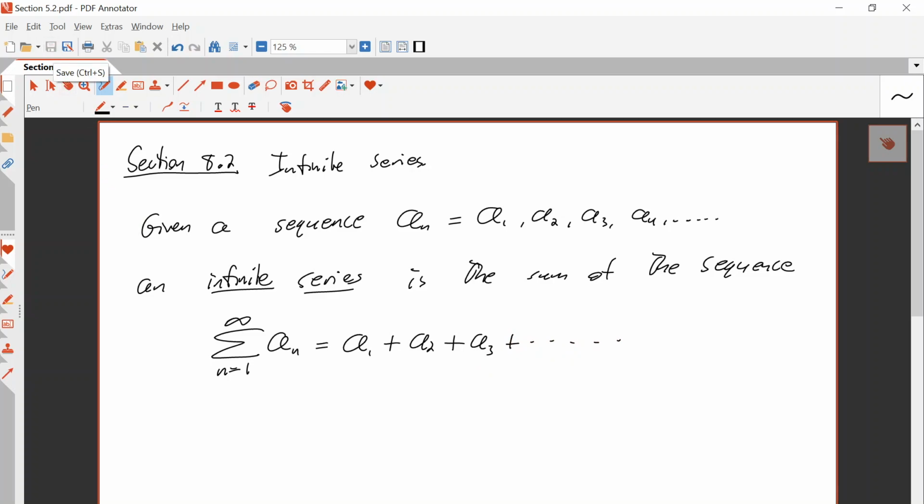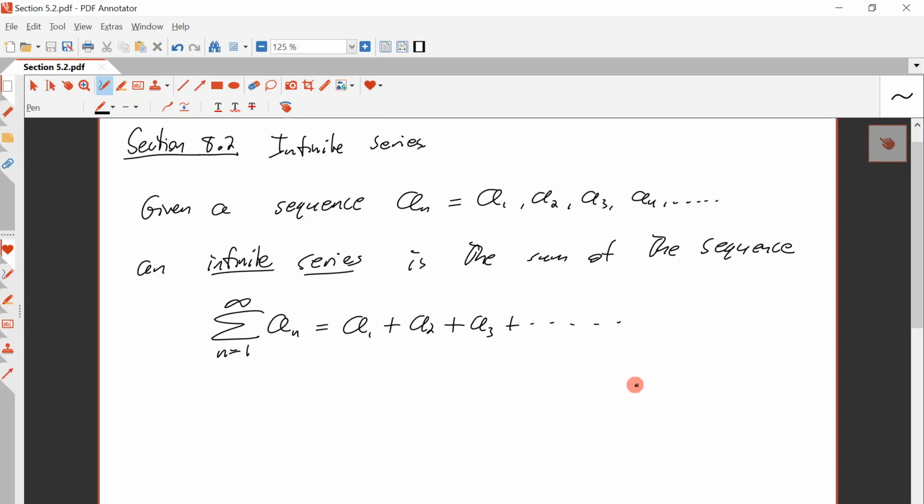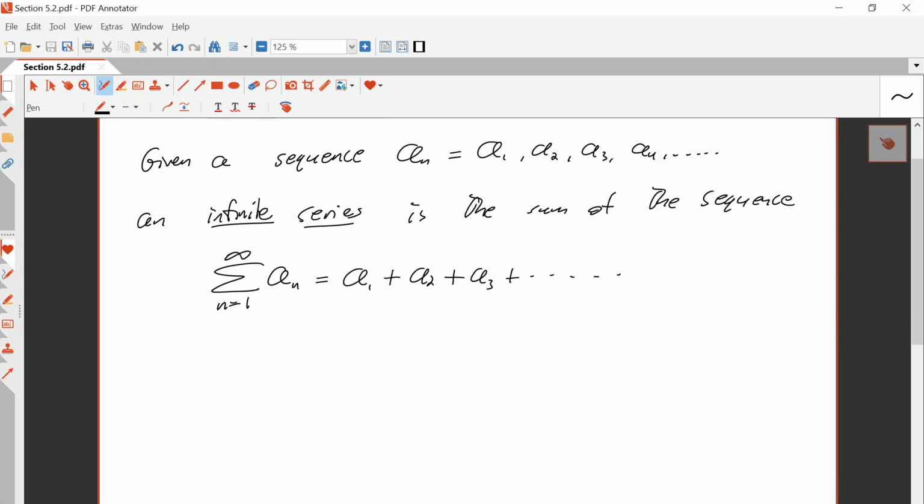All right, well, the sequence is when you just look at one term at a time. The series is when you try to add those guys up, right? So they better be very tiny if they're going to add up to something meaningful. So, for example,